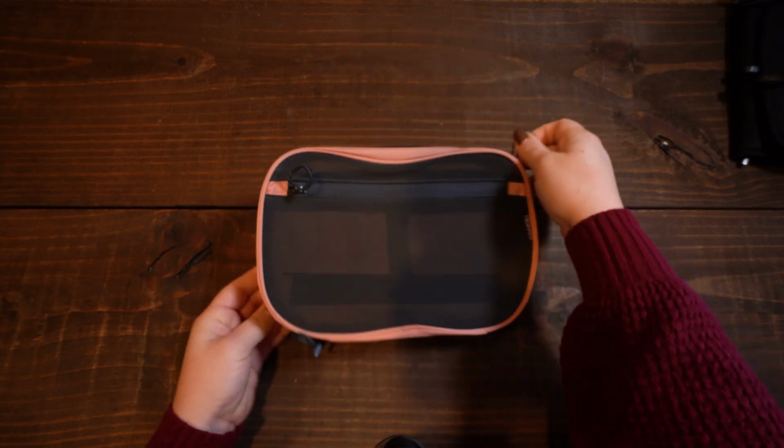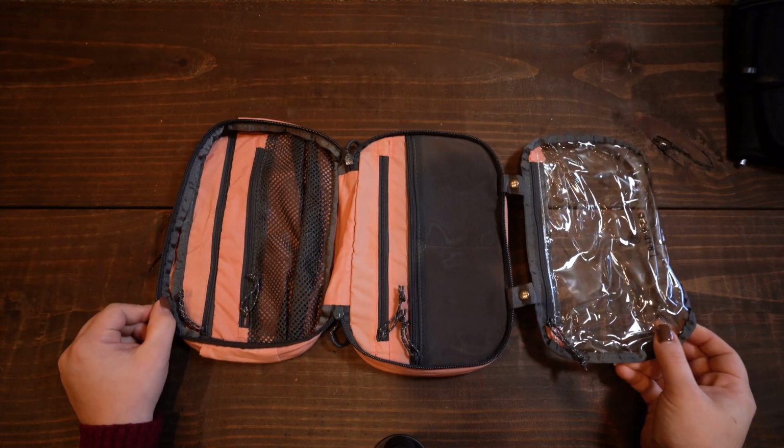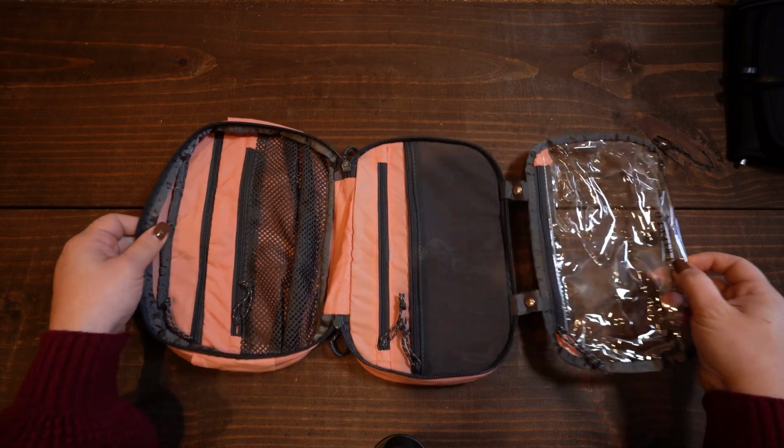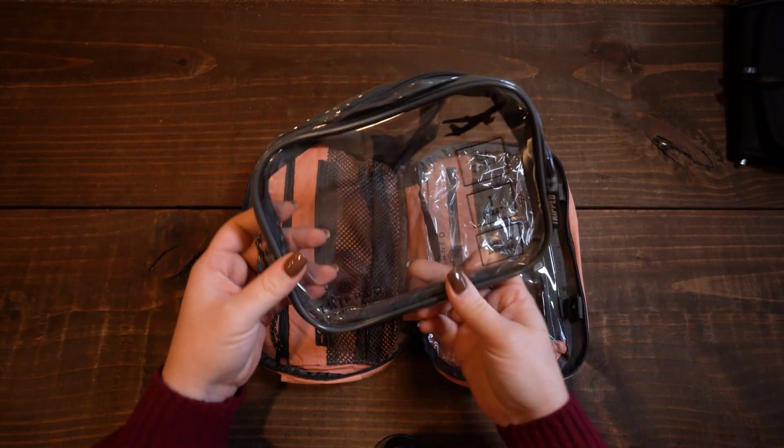When you open up the bag, it has great zipper quality, but it also folds out, so you can see here. There's just a lot of ways that you can organize, a lot of different compartments to put your toiletries in. Additionally, probably my favorite aspect is that your toiletry bag for your liquids actually comes out of the toiletry